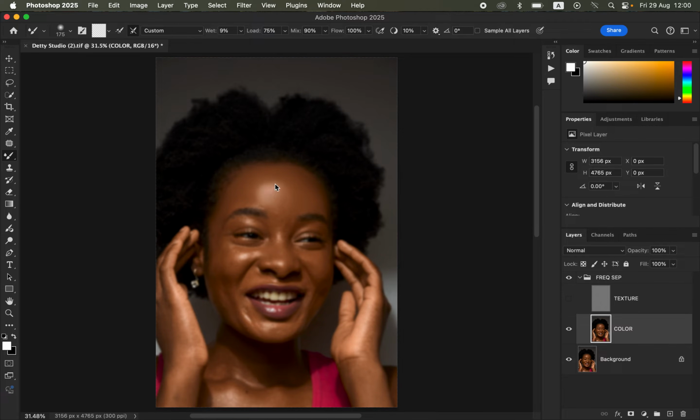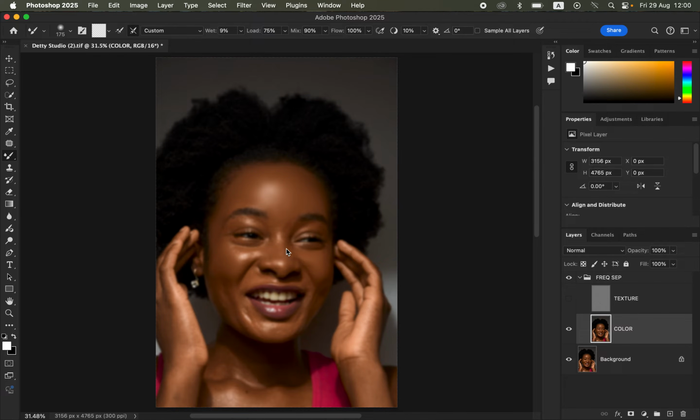So every time you're done blending a given color, you have to click once again on a new color. So after blending, stop clicking and holding down and click once again and hold down, and you move the brush in a given direction to blend the colors in a given area. So this is basically what we have to do for the remaining color of the model's skin. So I'm just going to quickly